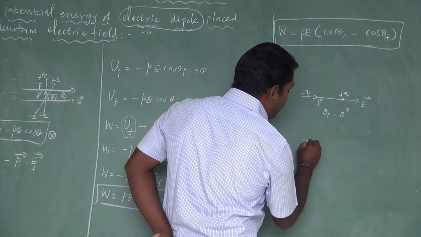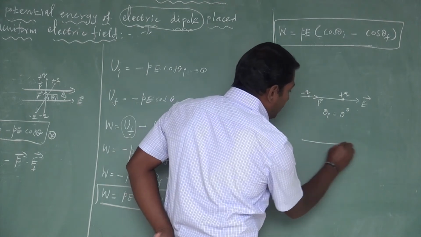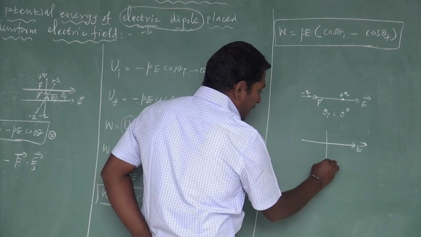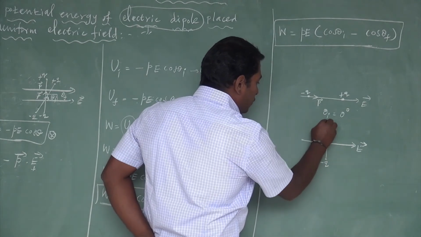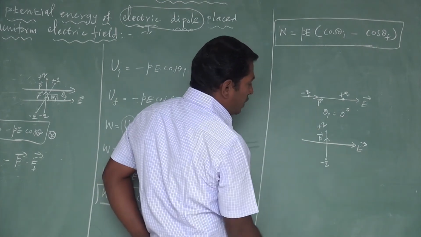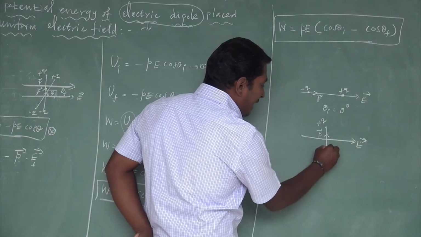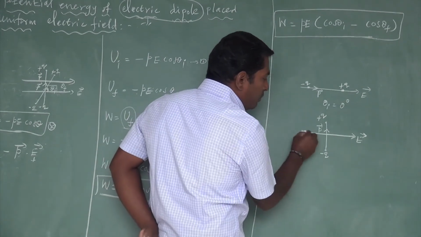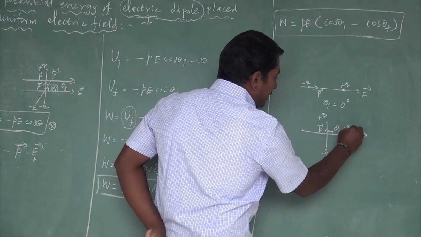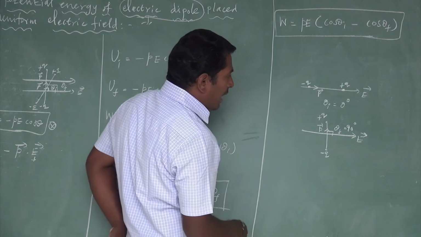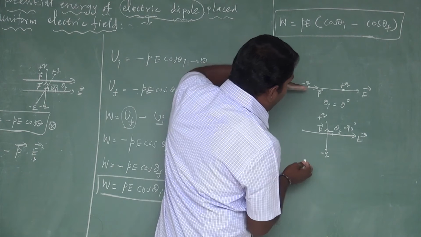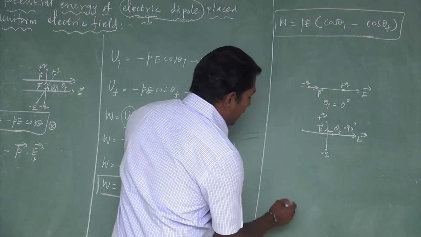See the final position of electric dipole in an uniform electric field. Position of the electric dipole, minus q charge and the plus q charge. Direction of dipole moment acts from minus q to plus q charge. Now this position of angle between direction of electric dipole moment and the direction of electric field, theta F, is equal to 90 degree. Now we are going to calculate what is the total amount of work done to rotating an electric dipole from axis parallel to axis perpendicular.